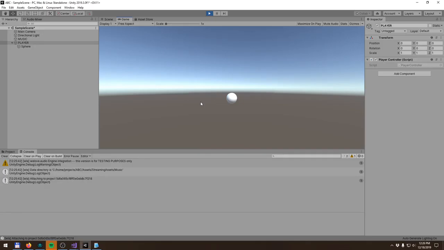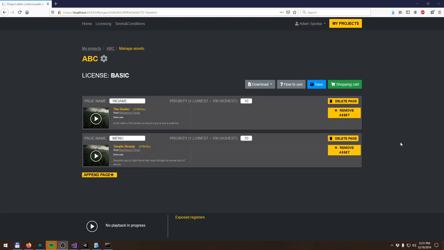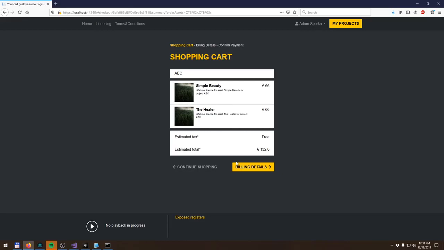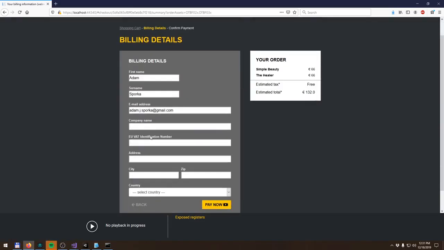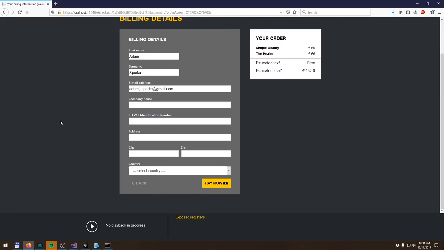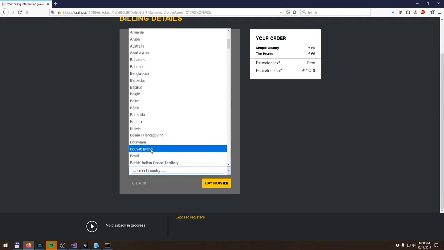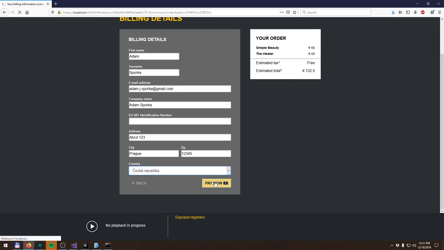All right, so now how to get rid of this watermark, and how to get rid of the issue of the project validity. For that, we go back to our project editor, and we hit the shopping cart, and we are going to enter some billing details. So the company name would be, let's say, Sportka. VAT would be 1, 2, 3, 4, 5, 6, 7, 8. Well, I can leave that empty because this is just a test thing anyway. So my address, ABC, city is Prague, zip 12345. Country is Czech Republic. I'm gonna hit pay now,